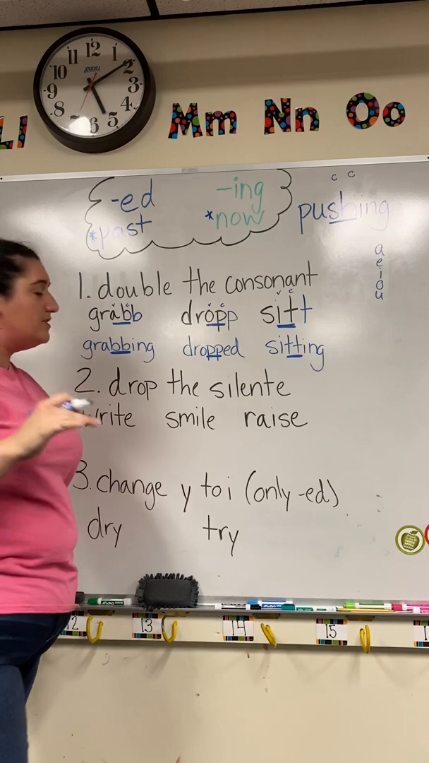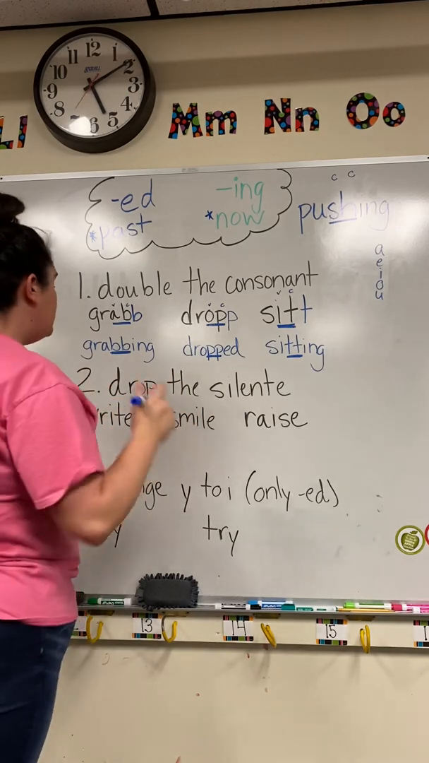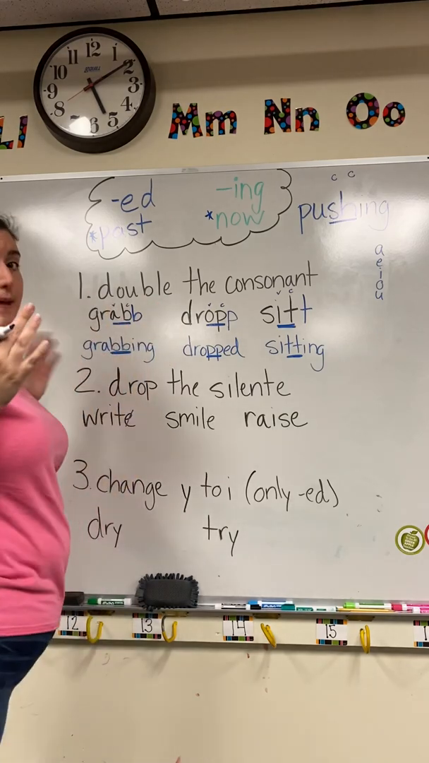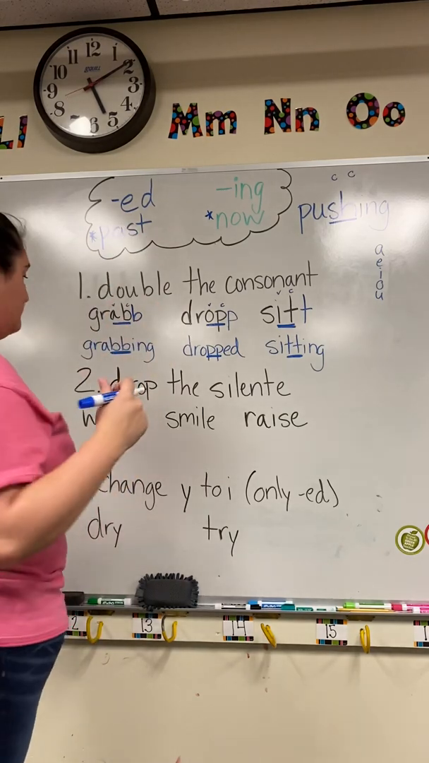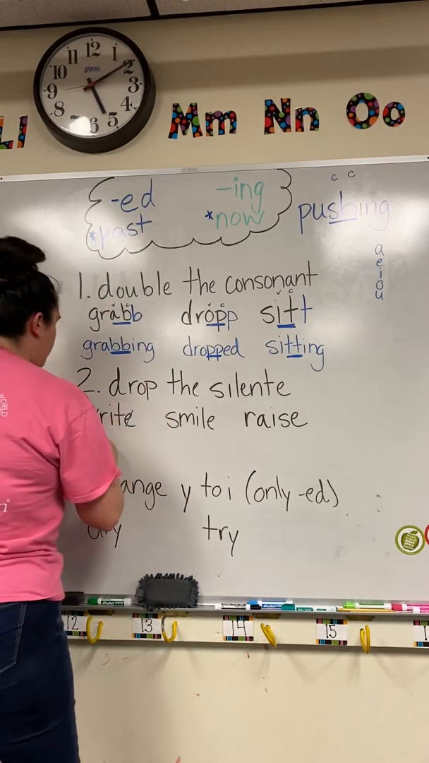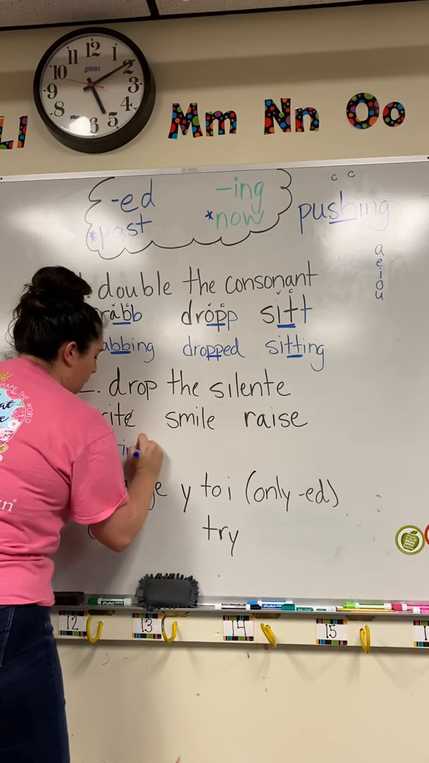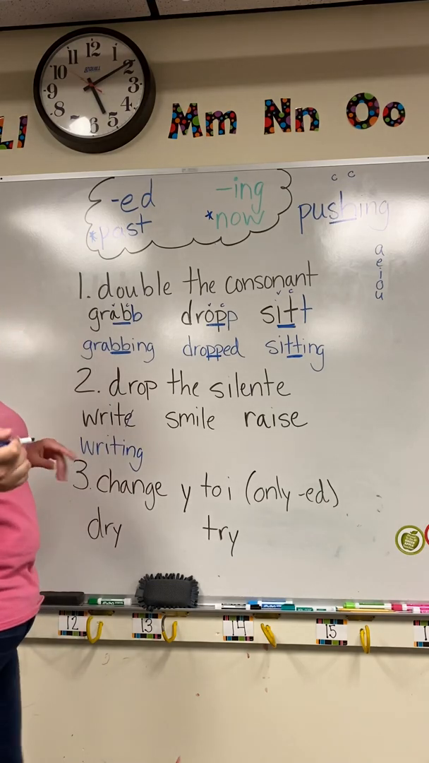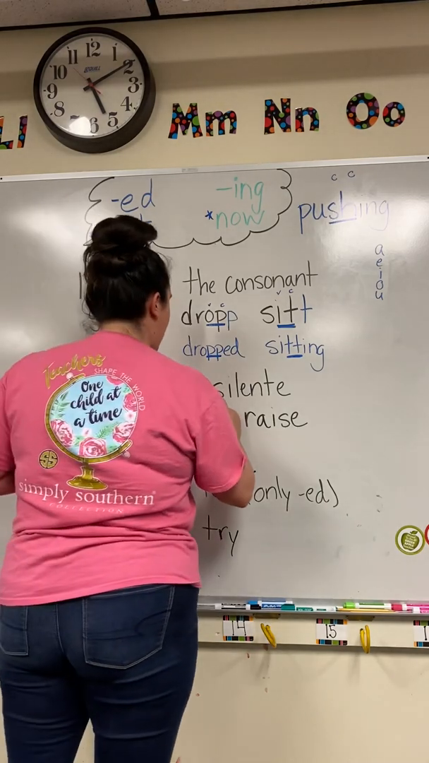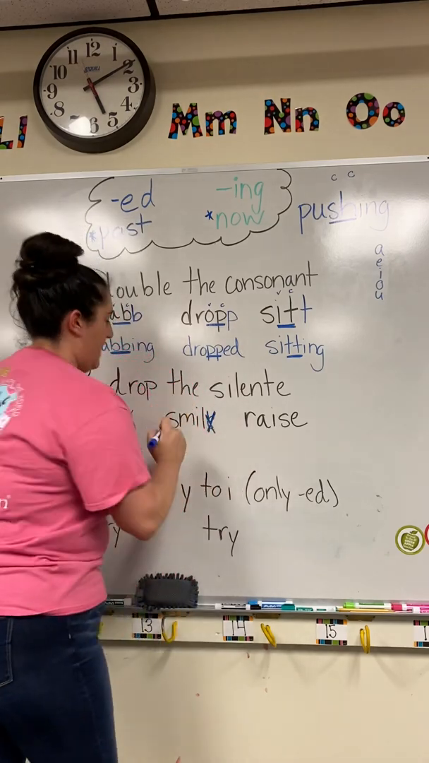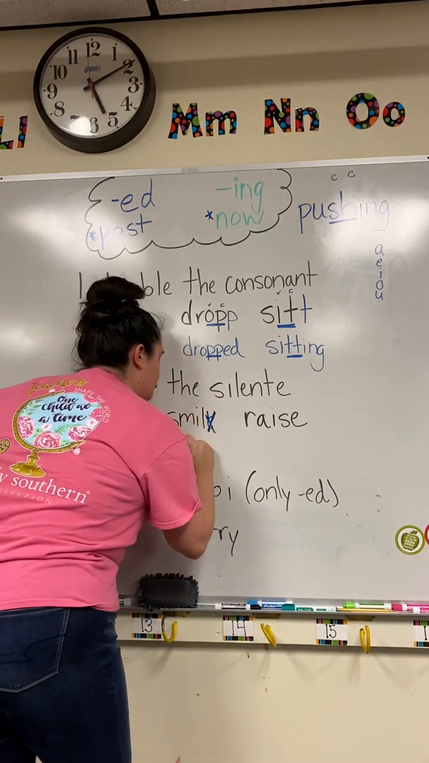So what I would do is, any word that has a silent E, just go ahead and cross that silent E off, because you drop it before you add ED or ING. So, right, I take off that silent E and it's going to become writing. Okay, smile has a silent E. I'm going to cross that off, and it's going to become, we'll do ED for this one,